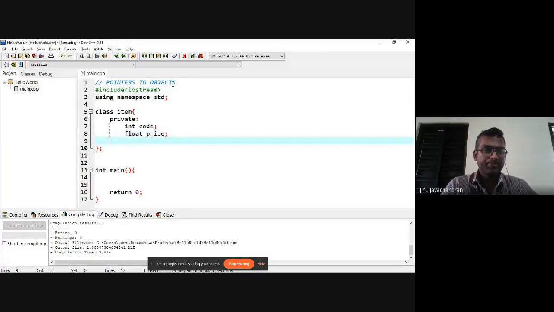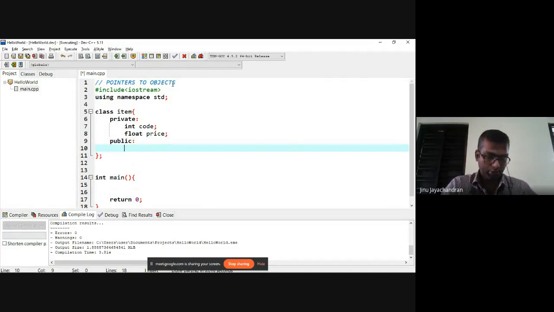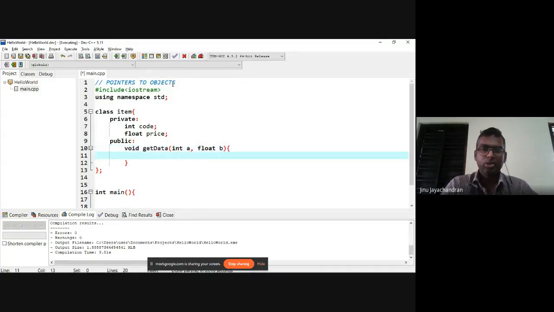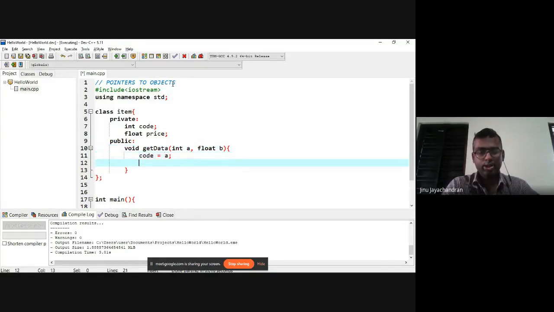Now inside there's a public section. I'm going to define two functions. One is called getdata, and I'm going to accept two variables here, int a, float b. In this, I'm going to assign the value of code equal to a and the value of price equal to b.